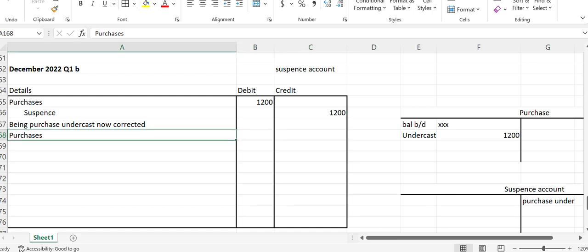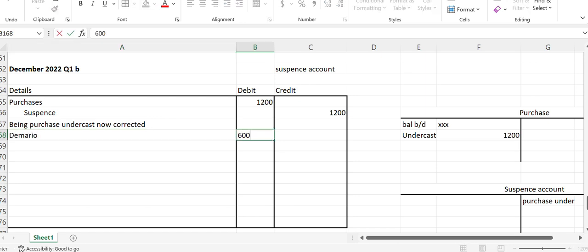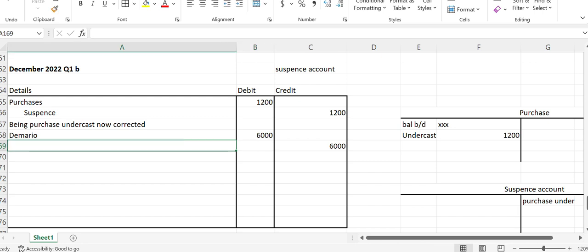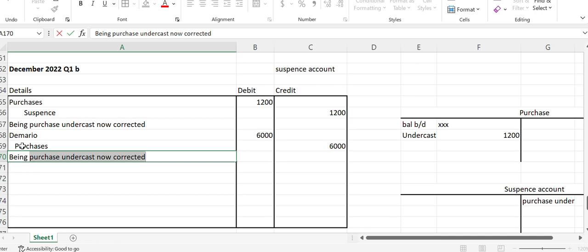Tulidebit the Mario to correct the error 6,000, and this side 6,000. Na huyu ni nani? Hii ni purchases. So itasema, acha niongeze hii purchases iende inside kidogo. So utasema bin purchases